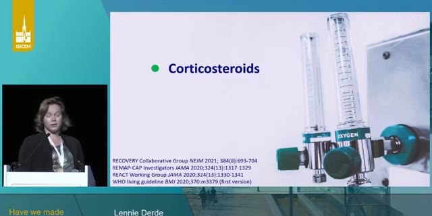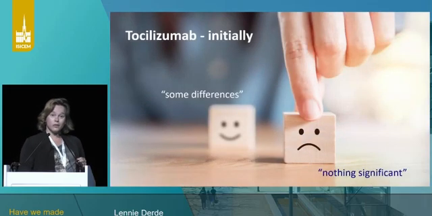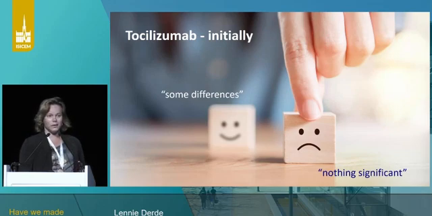Corticosteroids, we've heard about that. I think we were all very relieved, happy, and maybe a little bit amazed that modulating the immune system in the absence of an antiviral in the sickest patients worked, but it did, and there have been a lot of very convincing publications about that. Remember that it's only for patients who are on oxygen or more, as we like to say it. Tocilizumab is a very interesting one, and Tony elegantly explained the trials on tocilizumab, because early on in the pandemic, all these trials, and they were admittedly smaller trials, never more than about 250 patients, showed not a lot of effect from the drug.